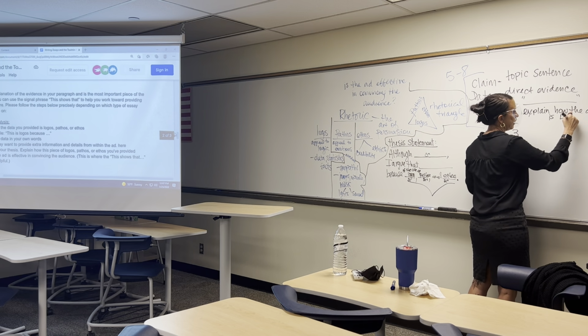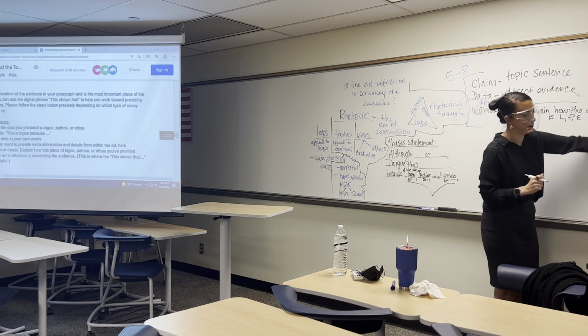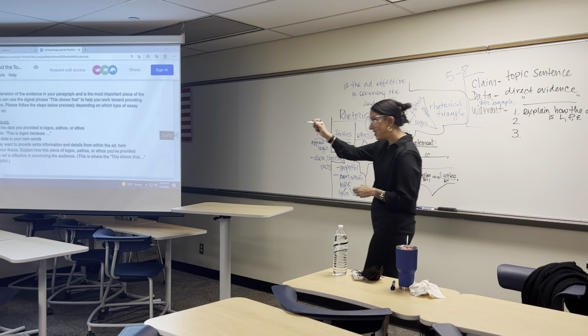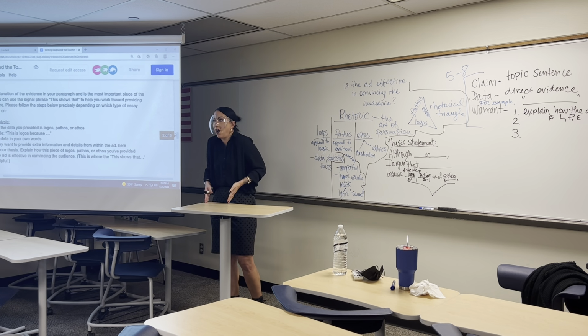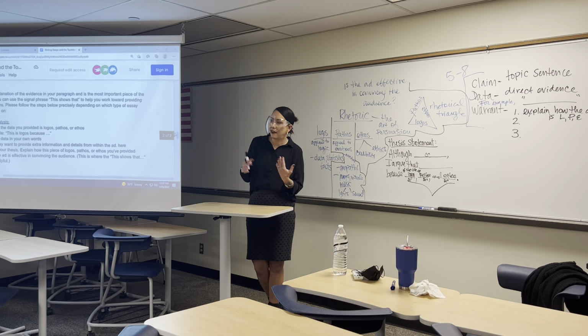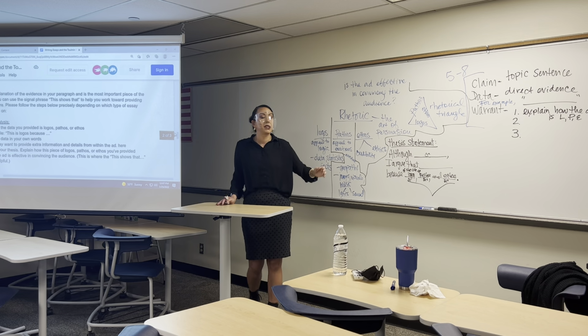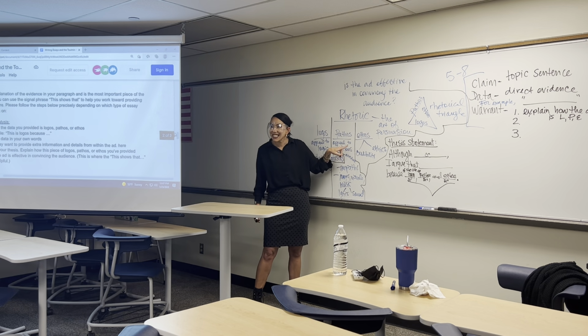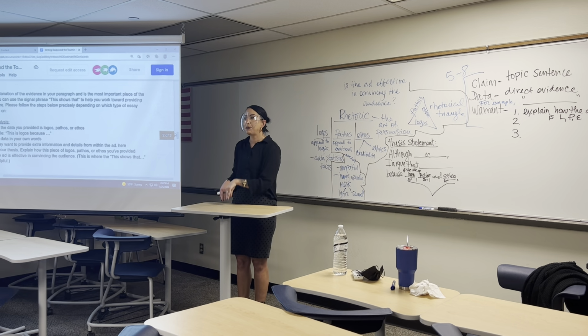I'm going to abbreviate by writing L, P, or E. The sentence that I give you as an example here is applicable. This is logos because, right? Now, it's obvious to us if we say that 95% of people who tried this toothpaste is an example of logos, right? But sometimes you guys are going to pick one of these, and it's not going to be obvious to me how you're seeing it as pathos or as ethos. And that's where I need you to say, this is pathos